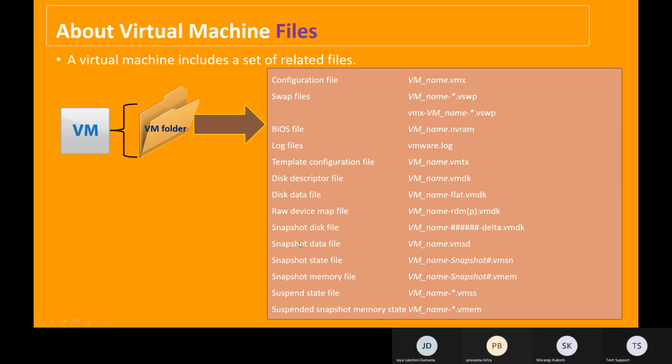And the snapshot data file is the virtual machine name dot vmsd. Sd means how many snapshots we have. That information is maintained by the vmsd file. And the snapshot state file extension is the virtual machine name hyphen snapshot dot vmsn. And the snapshot memory file also maintains the snapshot memory information. Suppose while creating the virtual machine snapshot, you select the memory option, the memory size is also stored on the